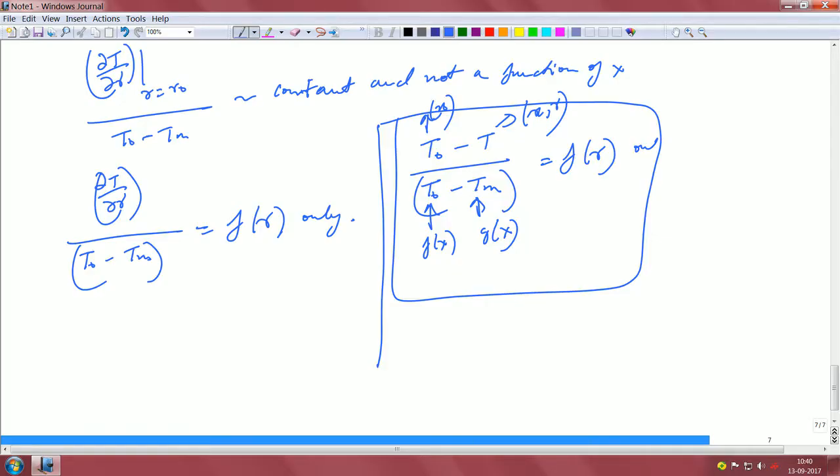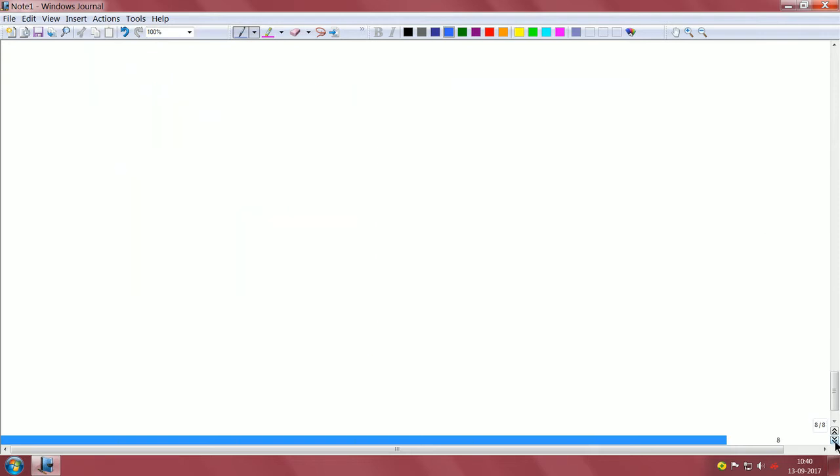Now, let us take the very basic definition, before we go into all these things. Let us see what are the different kinds of temperature profiles that we can actually have. One will be the uniform heat flux case and one will be the uniform wall temperature case. We will look at both the uniform wall temperature and the uniform heat flux in the subsequent sections. Let us take the uniform heat flux case first, because that is a little easier